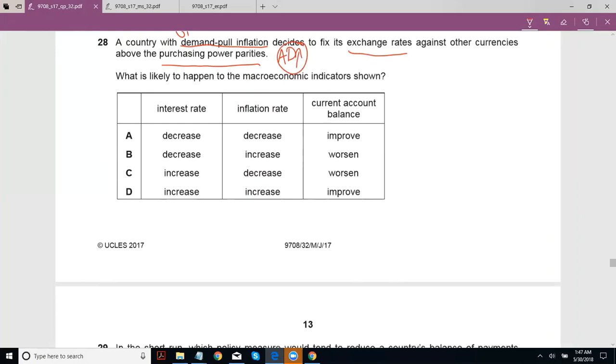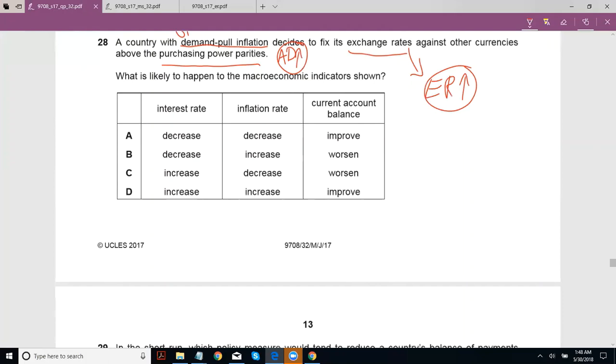Purchasing power parity is just another way to help compare exchange rates, and obviously your purchasing power parity exchange rate takes into account cost of living and so on. So it's a very nice, very holistic comparison. If you fix your exchange rates above that, think of this as an exchange rate increase, because you're fixing it above the PPP. So if you have an exchange rate increase,